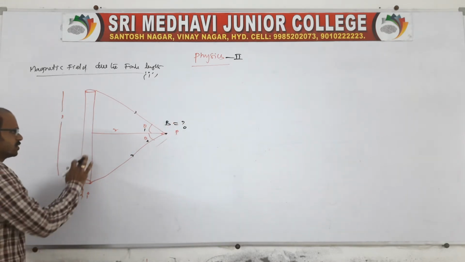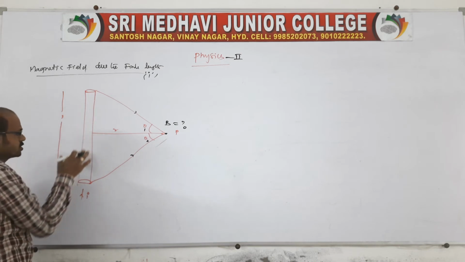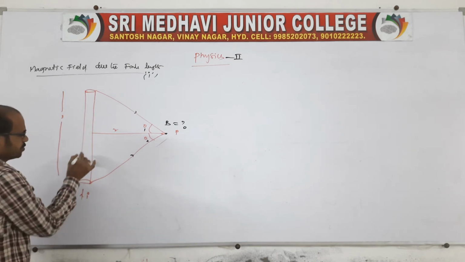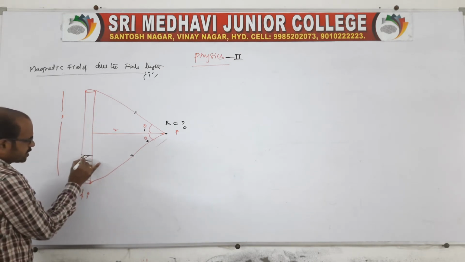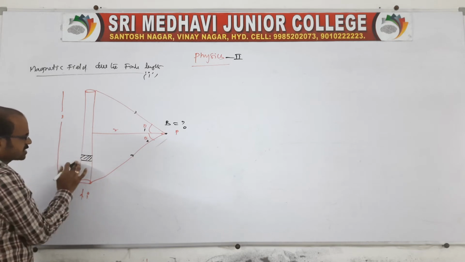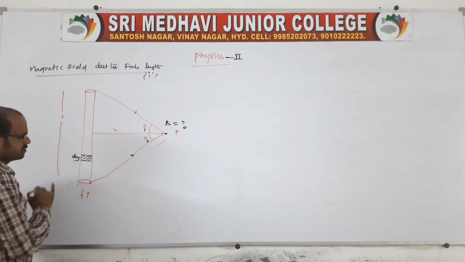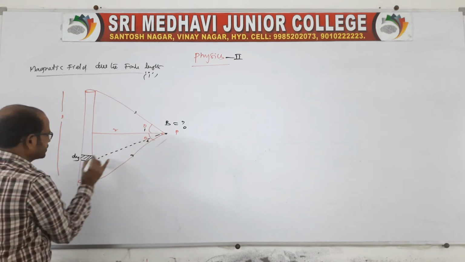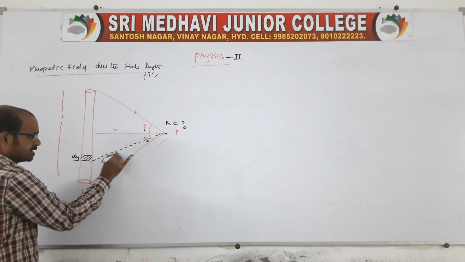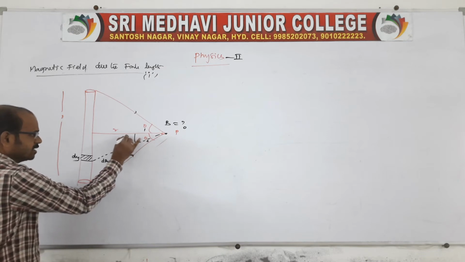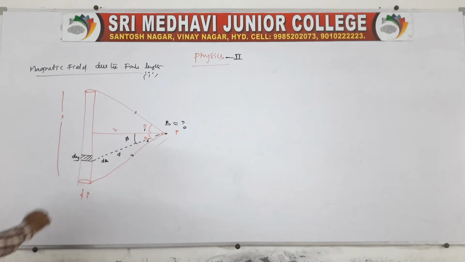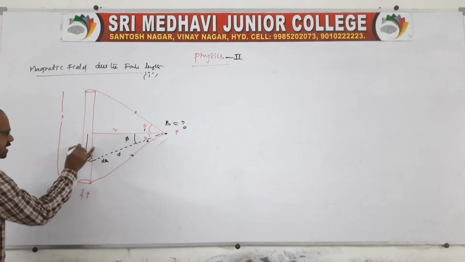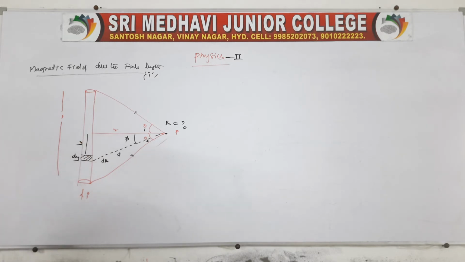Now the total length is L, no? Again, it is impossible to get the total length at a time. Better you take one small strip of length, along the y-axis. The length of the strip is dy. Due to this strip, there will be a magnetic induction dB acting at a distance r, making an angle phi. And from the center, y is the distance along the y-axis.